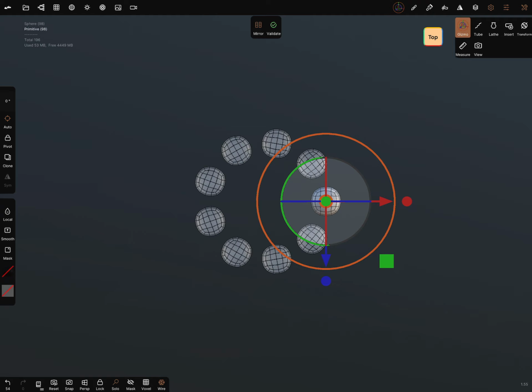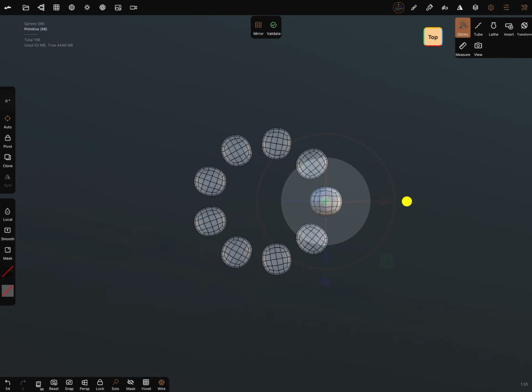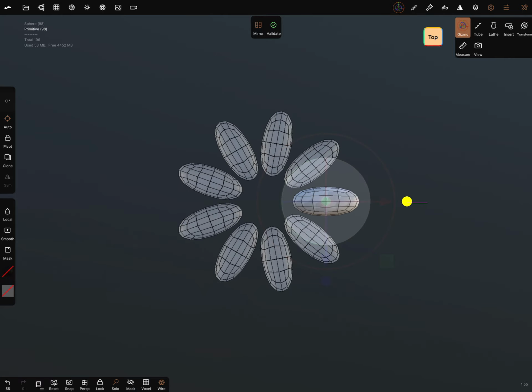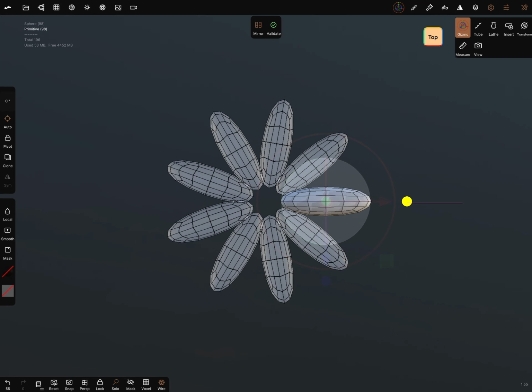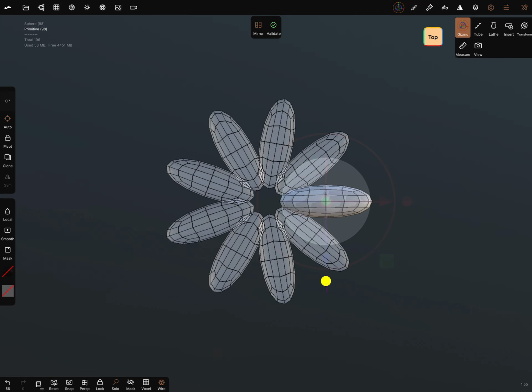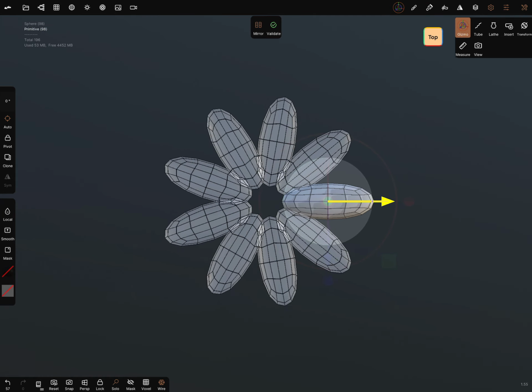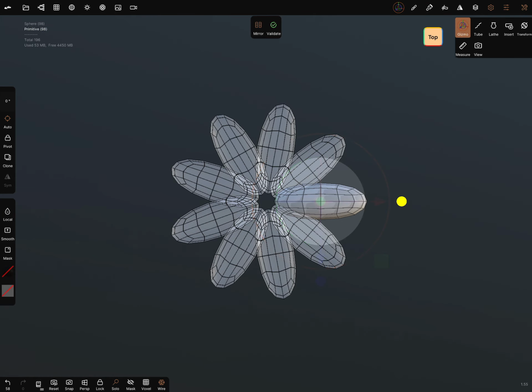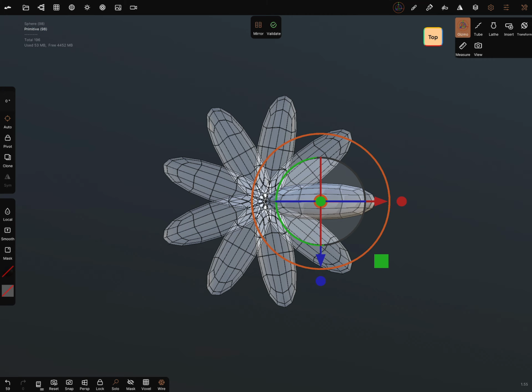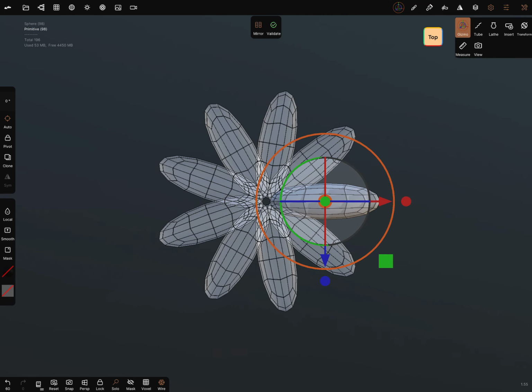And we can use the scale function of the red axis, the red dot, and scale it like this. And we can use the blue scaling ball to bring it in a position like this. And we can position the objects. This is the top view.